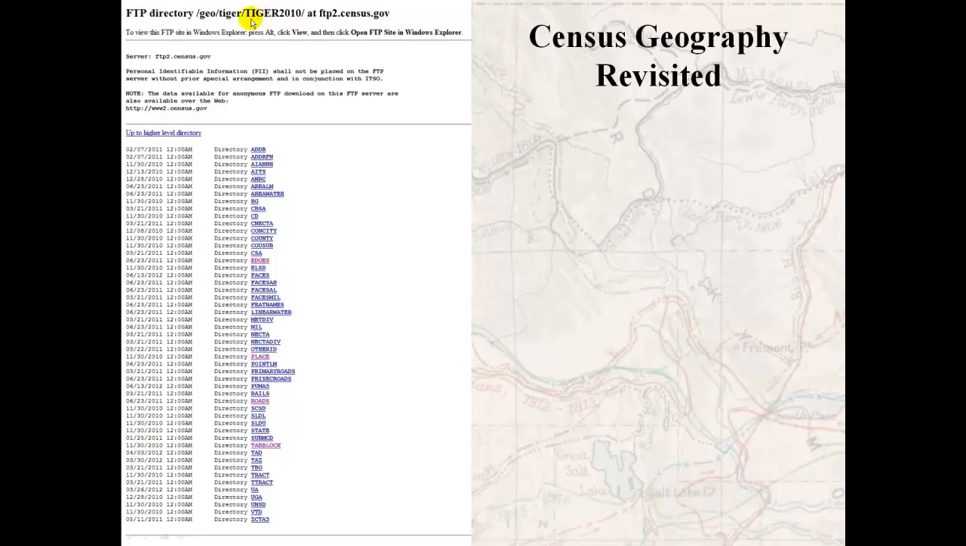And I wanted to say that Tiger is topologically integrated geographic entity reference, is maybe what that stands for. The key here is topologically integrated. So we're going to be able to get network data for lines of streets that we'll be able to use to do network analysis. So remember, in networks, lines are called edges,